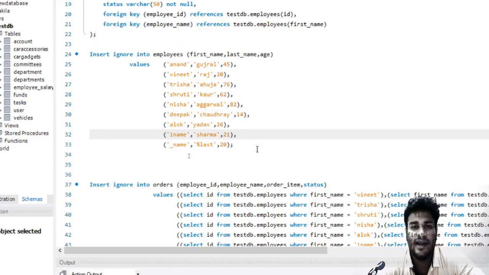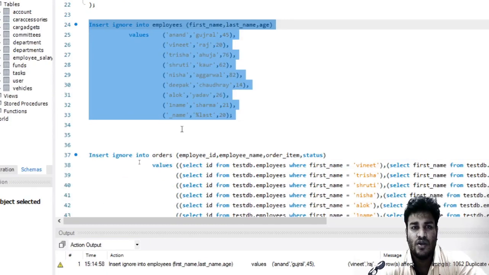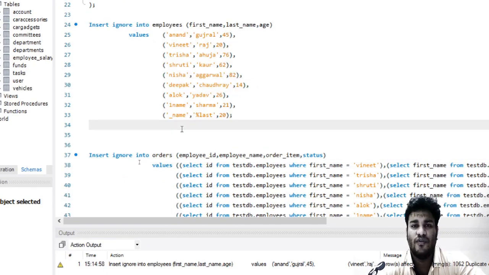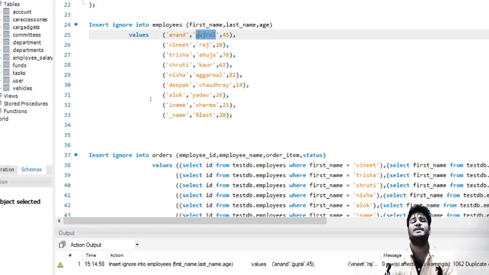Now let us insert values into the employees table first. The first point I want you to focus on is that we are inserting values into the employees table by hard coding them. First name is hard coded. Last name is hard coded. Hard coded means we are not fetching it from the software itself. We are giving it ourselves. This is a value given by my keyboard and fixed, so every time these values will be inserted into employees.